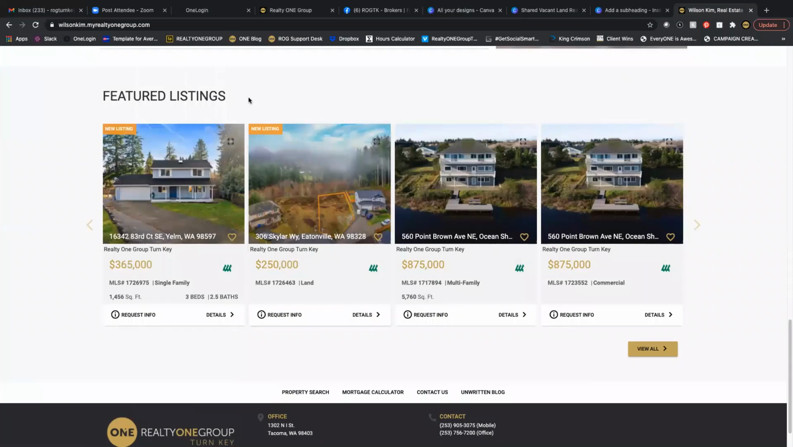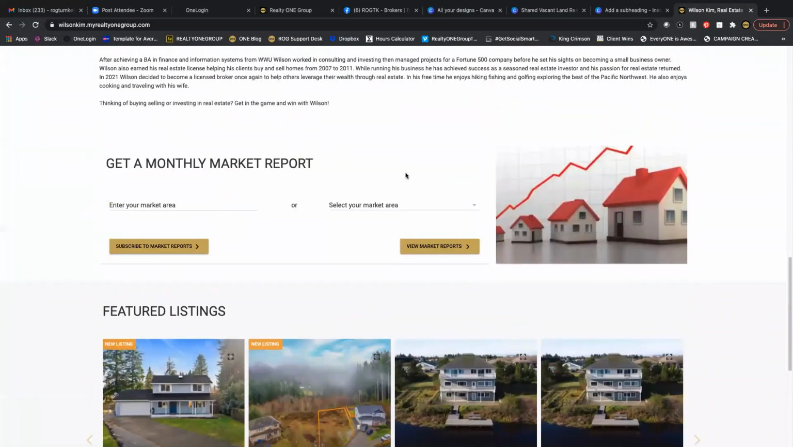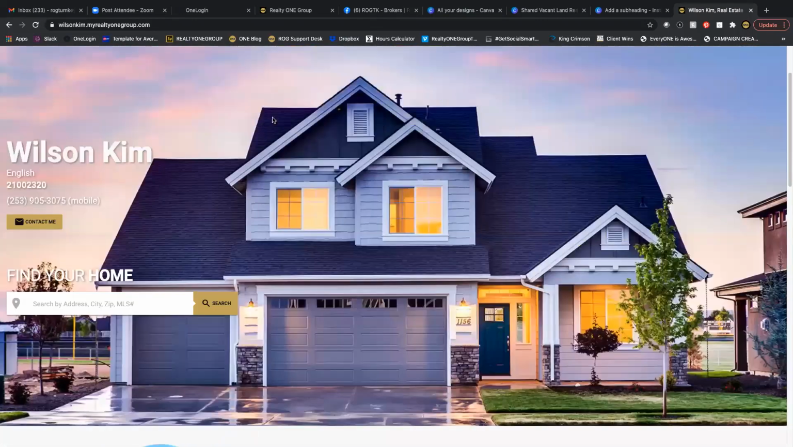You can also change featured listings. You can take this down, the monthly market report if you want. You can change the banner. So let's look at,